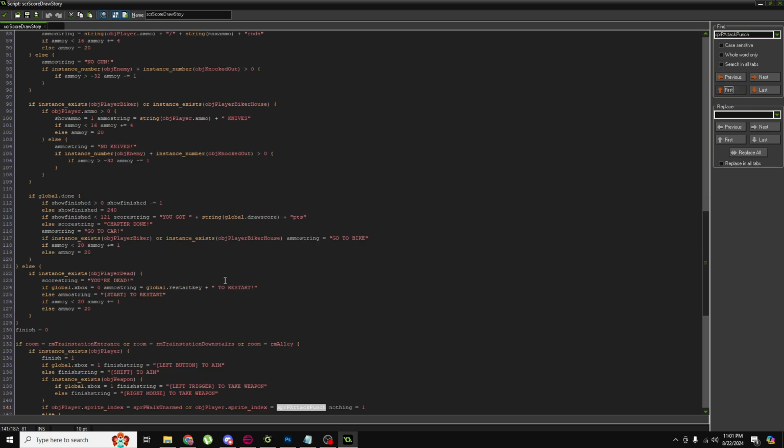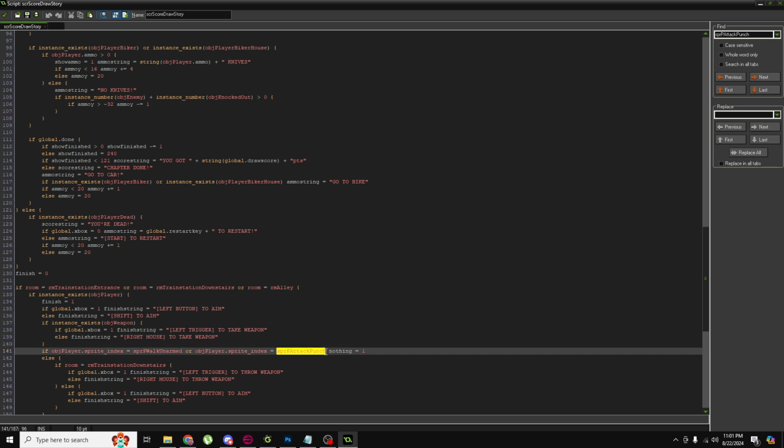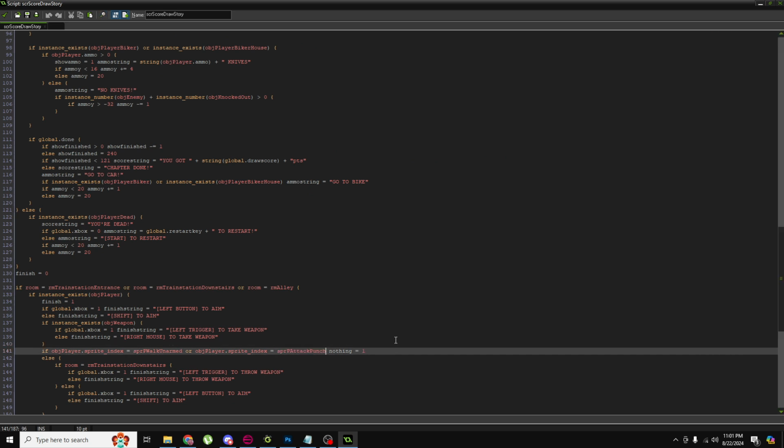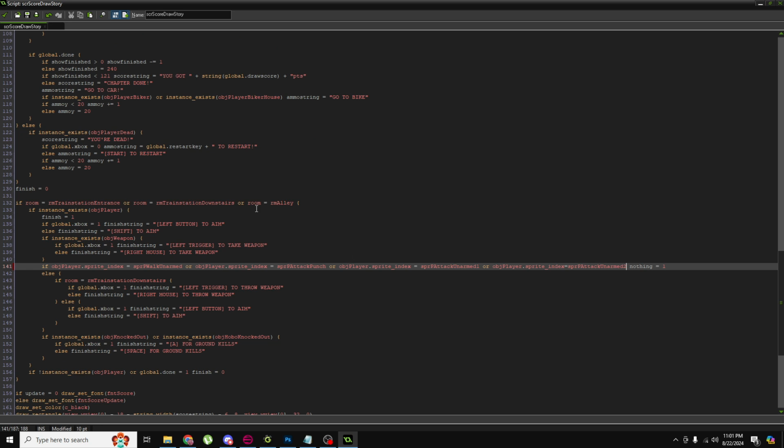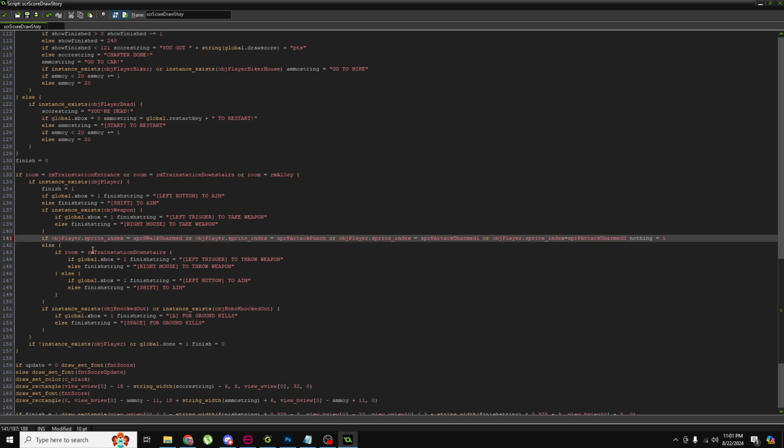SPRP attack punch. Alright. I believe, yeah, so this is just checking if the player is unarmed, and then it writes some